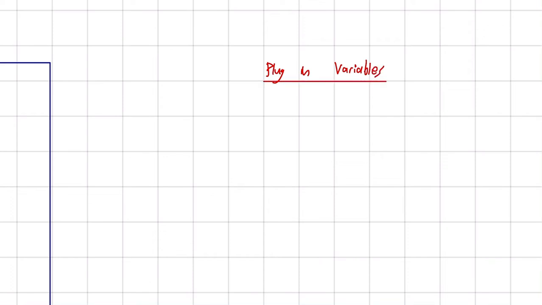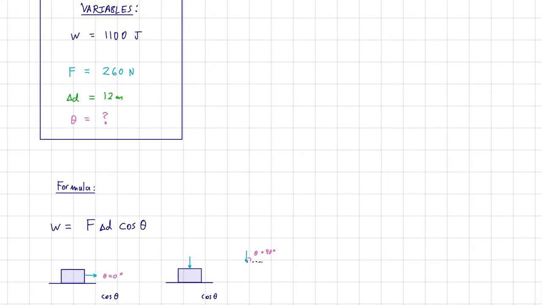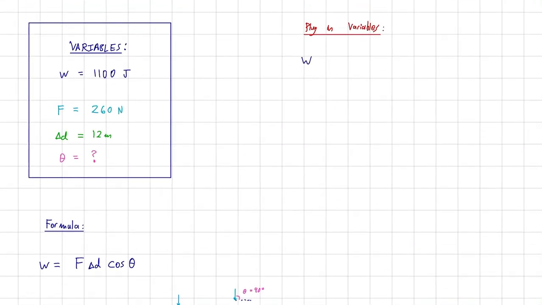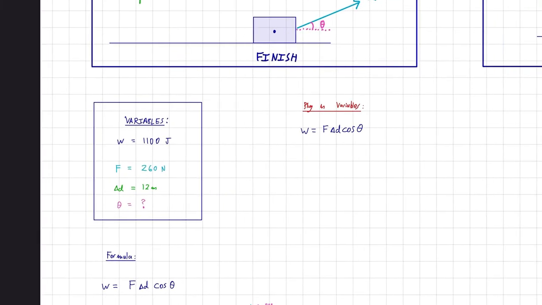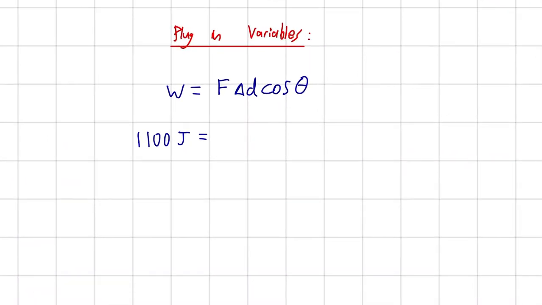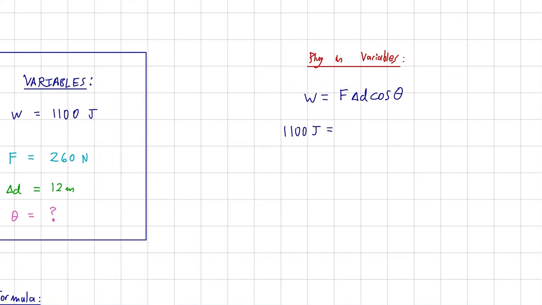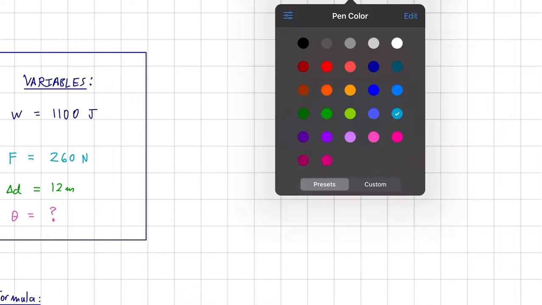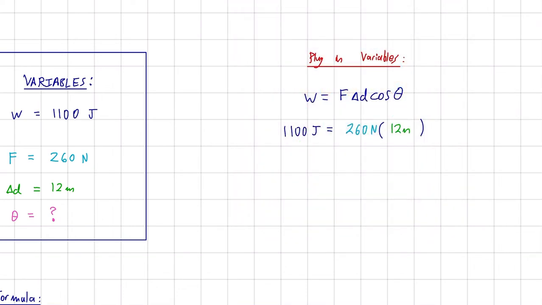So when we plug in our variables, I'm just going to take this equation down here and rewrite it. W is equal to F delta D cos theta, and I'm going to plug our variables into this equation. Our work, remember, is 1,100 joules. Now that's equal to 260 newtons multiplied by delta D, which is our 12 meters